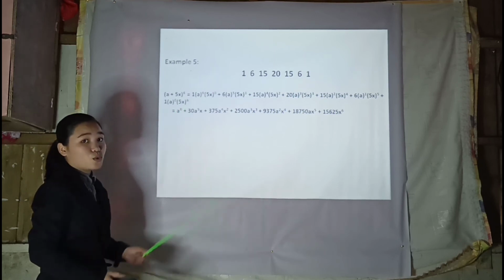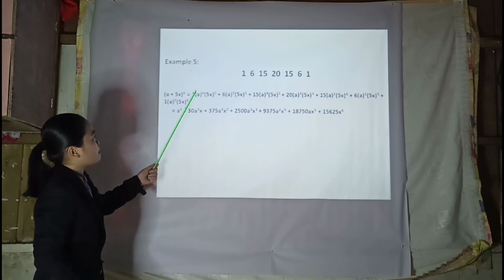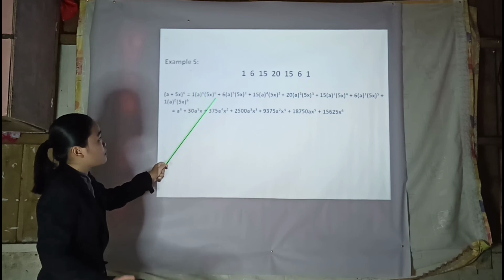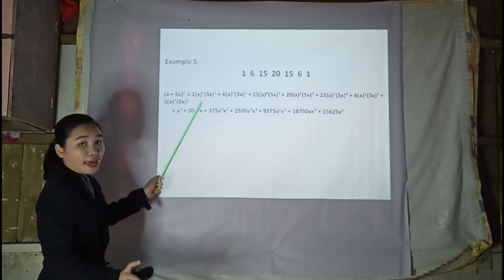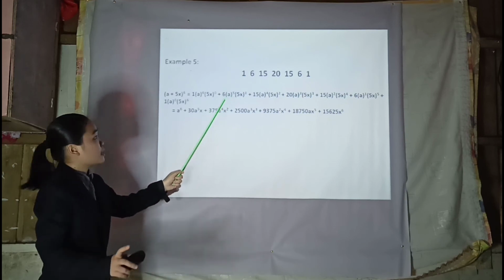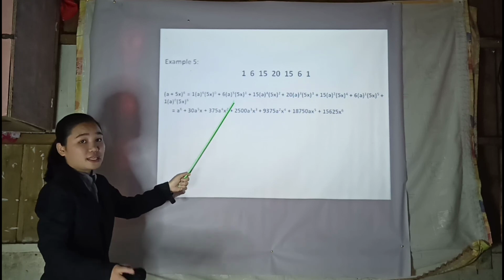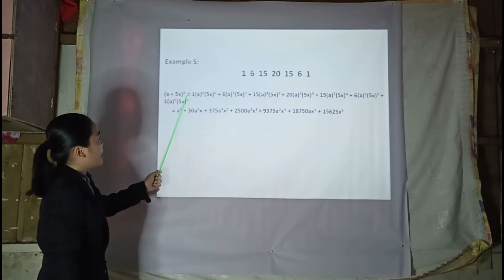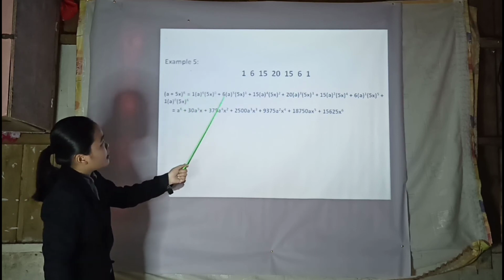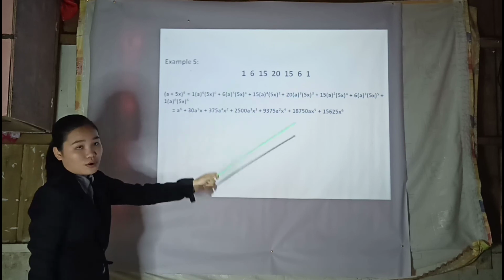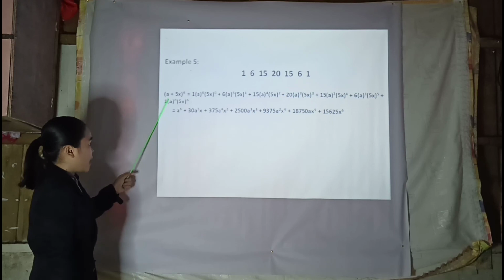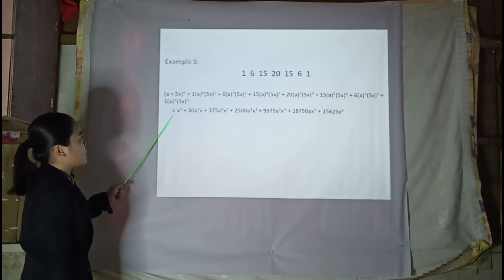As I said earlier, we will use again the pattern. The exponent of A will decrease and the exponent of B will increase, and the sum of the exponents in each term is the value of n. Since our n here is 6, 6 plus 0 is 6, 5 plus 1 is 6, and so on. So the answer for this given expression a plus 5x raised to 6 is equal to